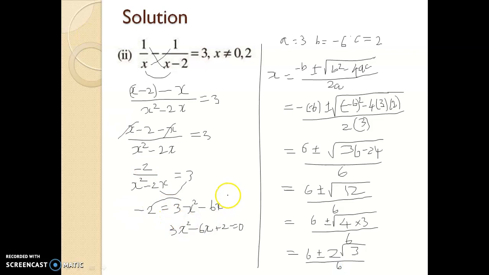Right. So next we have to just simplify this. That is 3 2s are 6. Here also 3 2s are 6, and here 1 2s are 2. Okay. So equal to, it will become 3 plus or minus root of 3 divided by 3. Okay. So after simplification, we got 3 plus or minus root of 3 divided by 3. Again, it is possible to simplify. So how can we simplify, listen here.